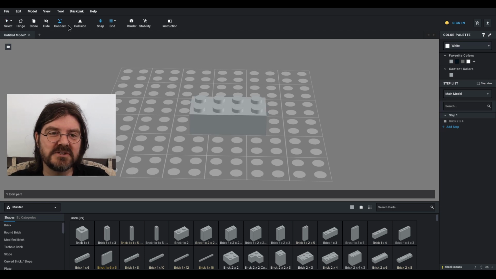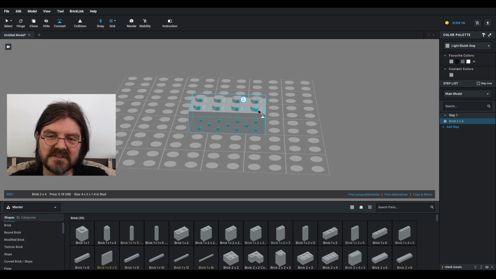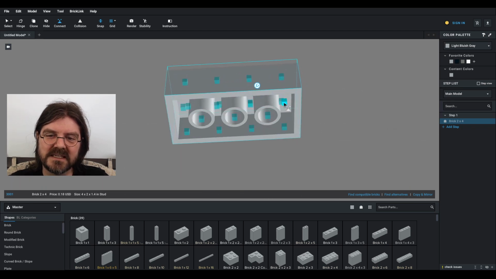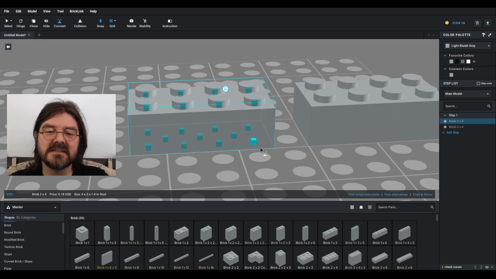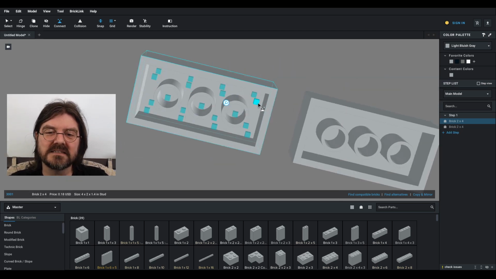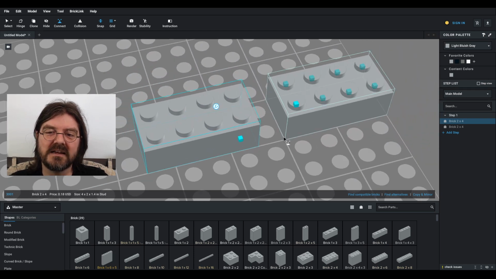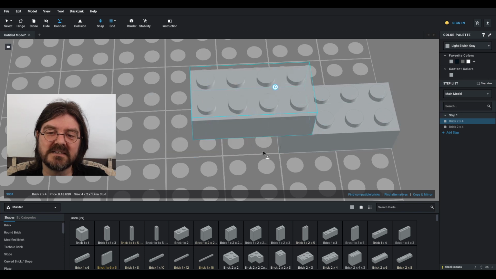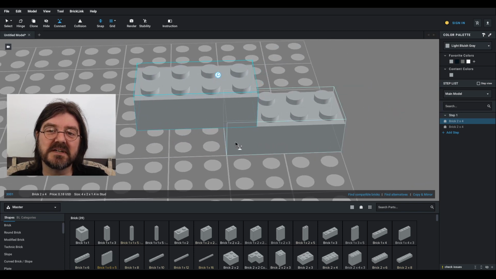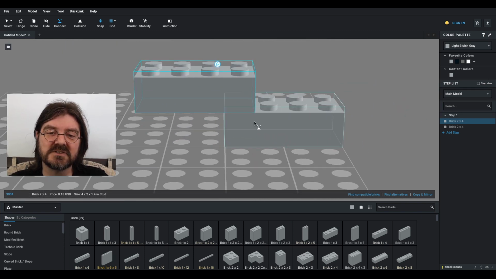When you take the Connect tool and you click on a brick, you can see a whole bunch of connection points available. So we have the studs on the top, the anti-studs, and the tubes. When we click on our brick and click a receiver and then click on the target, the two bricks will lock together where that connection was made.